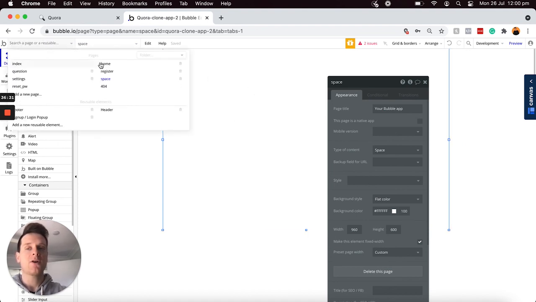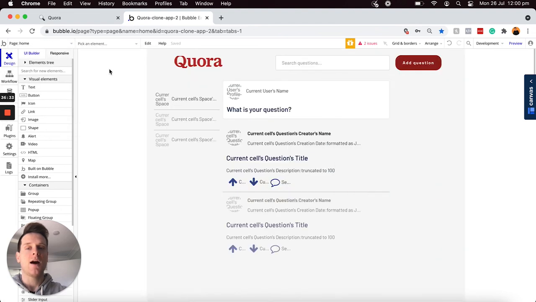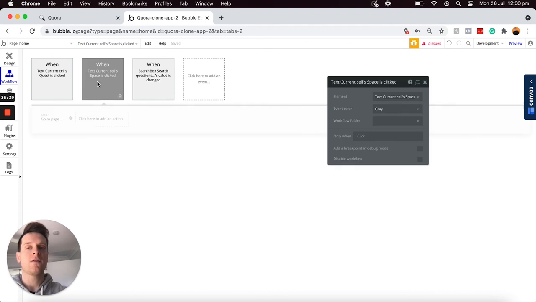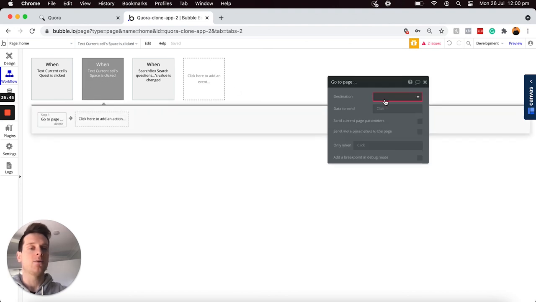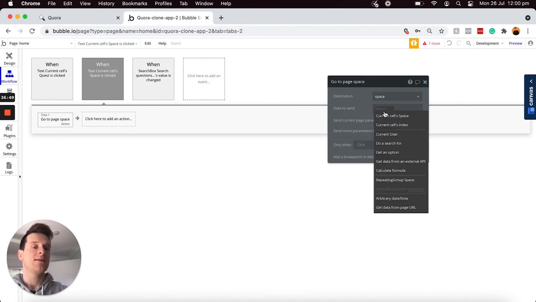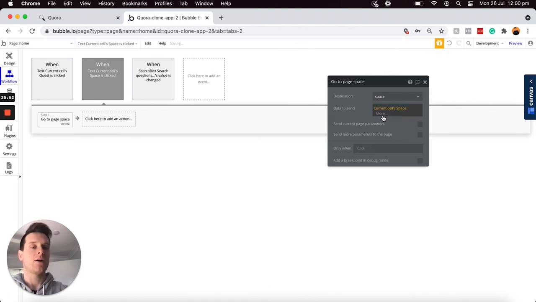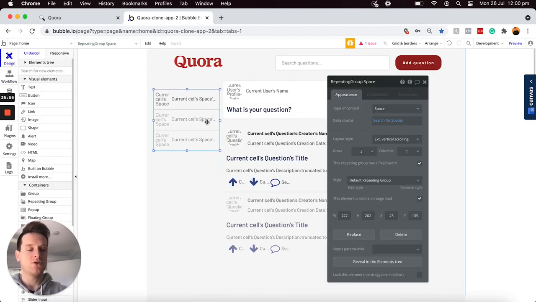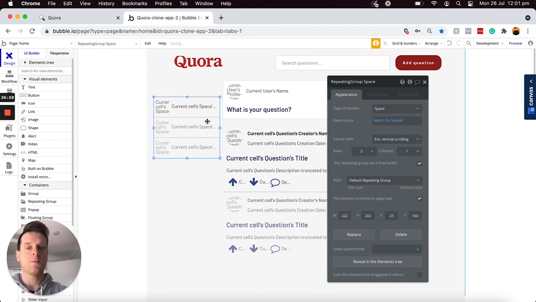Then if I jump back over to my home page, I can open up our workflow editor and open up the workflow when the text, which is space, is clicked. I will then select the destination page to be our space page, and the data I'll be sending through is the current cell space. Back in my design tab then, I'm just going to move this repeating group down a tad,